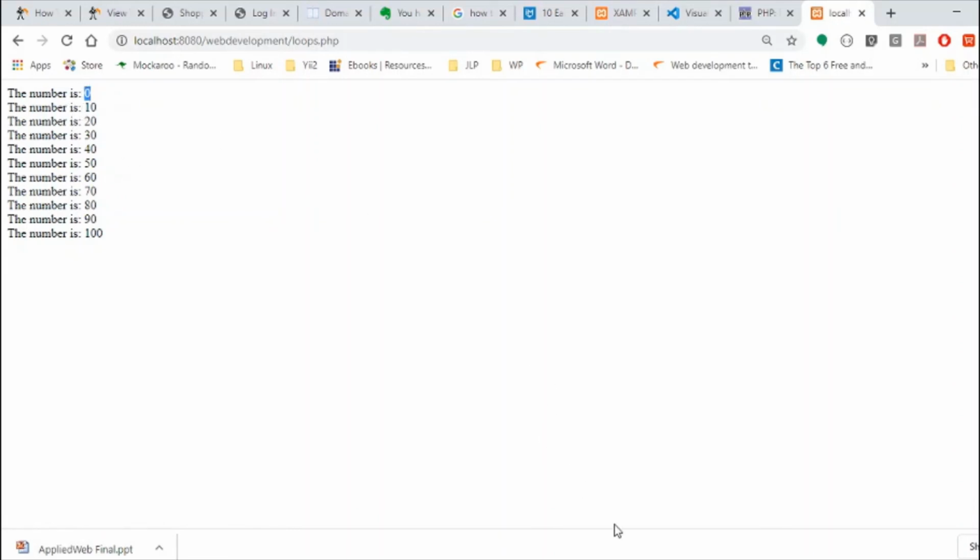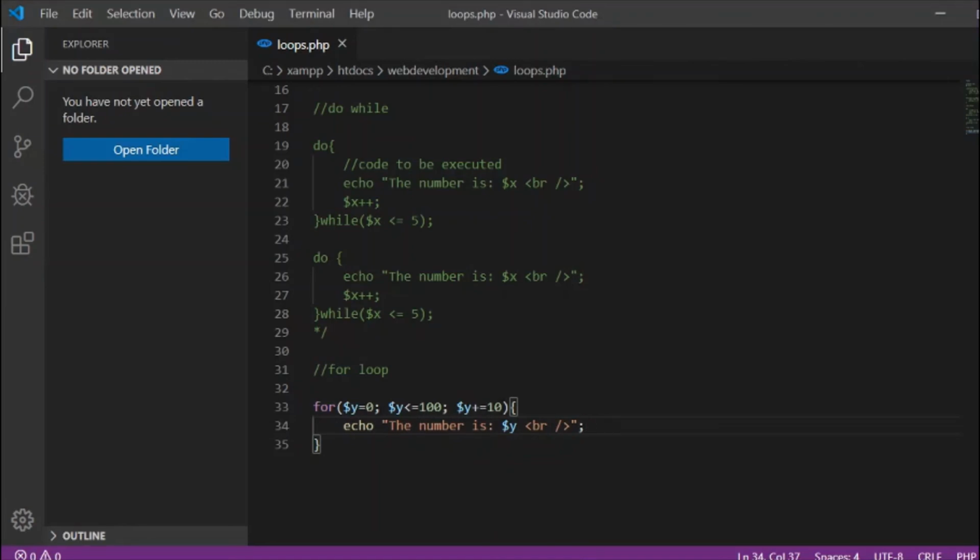So every time it evaluates x or y, in this case, if it is still less than 100, it's going to increment y by 10. Once this condition is true, it will perform whatever code, whatever function that you specify within this code block. So between